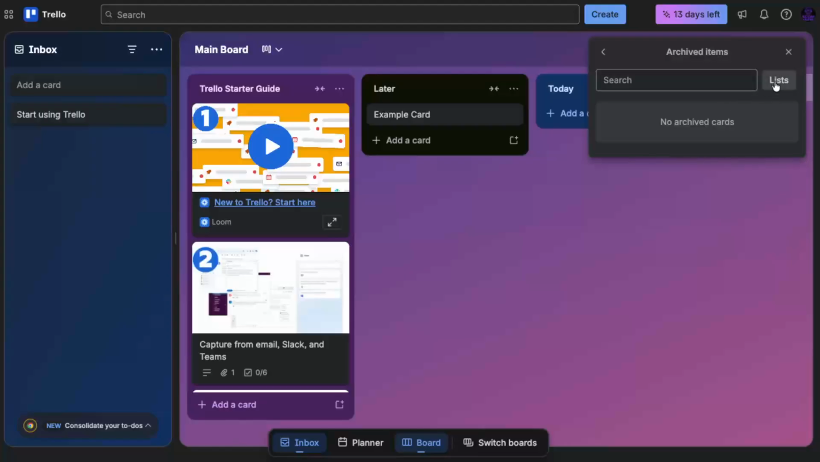To switch from cards to lists, find the toggle or tab near the top that lets you choose between cards and lists. Click on Lists. As soon as you do that, Trello will display all the lists that have been archived on this board. Take a moment to scroll if you have a lot of archived content and locate the specific list you want